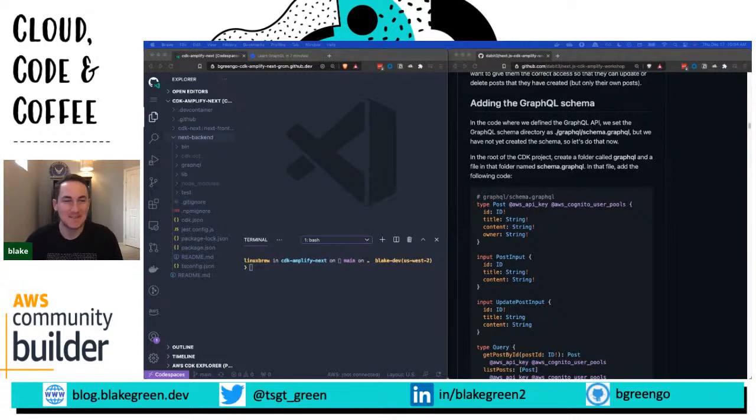Okay, gonna continue to go through the AWS Amplify and CDK workshop. Last time we left off, we set up the organization of the front end and back end of the project, and then we're going to continue on through adding the GraphQL schema. GraphQL is kind of a new technology to me. I think it's still pretty early days with it as well, but